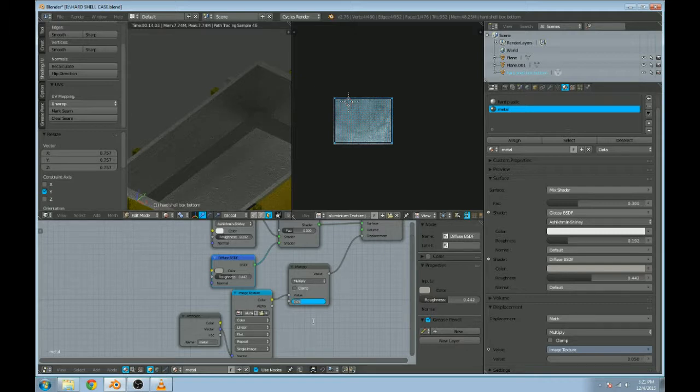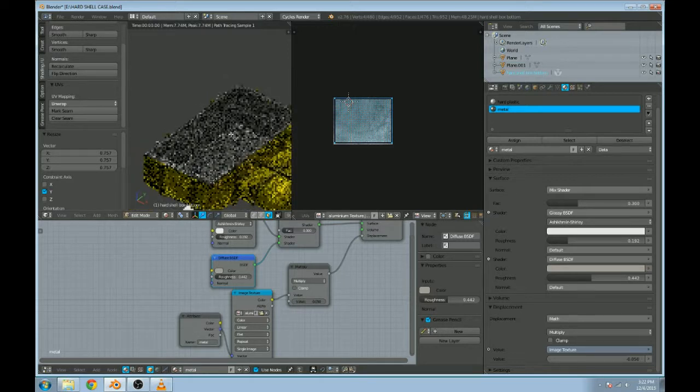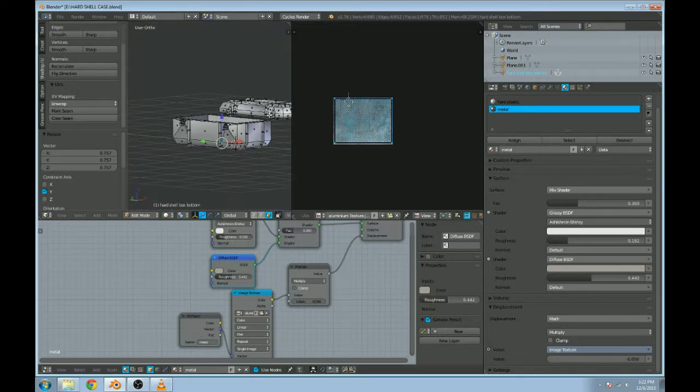Displacement mapping will work. You can either make it displaced inward or outward. If it's in the negative, all the cracks and stuff will be going down, whereas if you have it the other direction, all the cracks will be pushing out. Okay, so now we have our bed liner and our metal inside of both the top and the bottom lid,